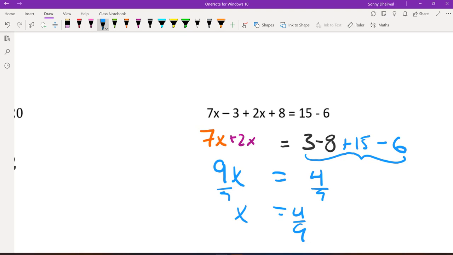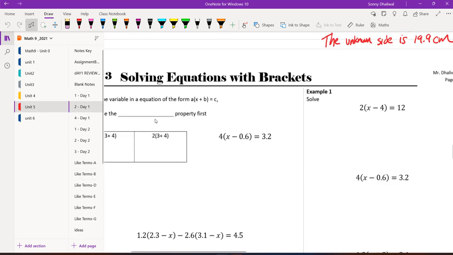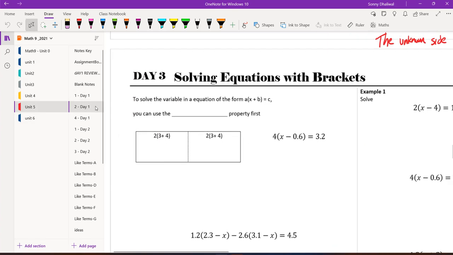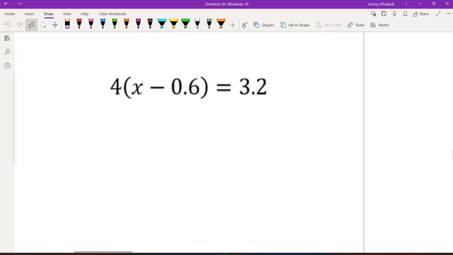Okay, so now for the last little bit, I want to go to your day 3 notes. So grab these ones out. Do a little bit more notes and we'll call it a day. This is where life gets maybe a little bit more difficult, right? Because we want to introduce a different kind of equations. This time the equations will have a bracket, right? Now,